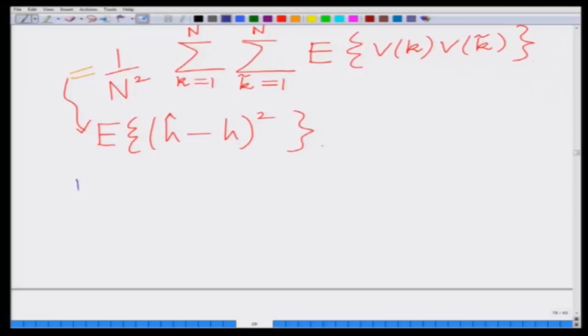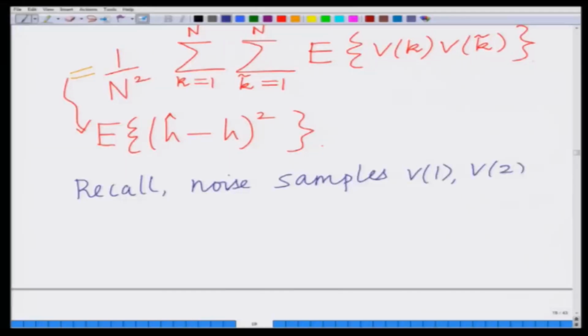Now, we are going to use an important property of the Gaussian noise samples that we had assumed, that is the Gaussian noise samples are independent and identically distributed. What does it mean to say that the Gaussian noise samples are independent? So, recall that these are IID, that is what are these? These are independent